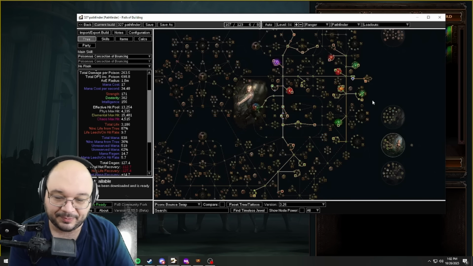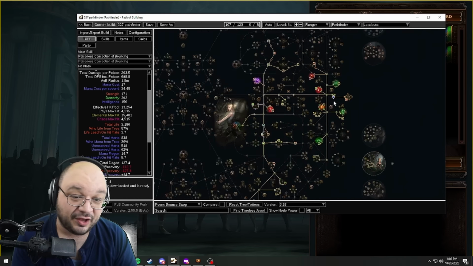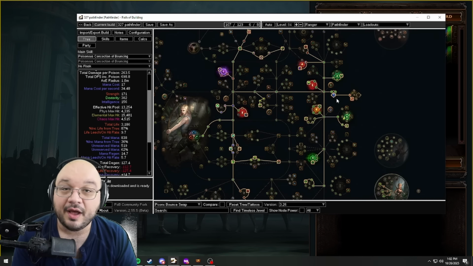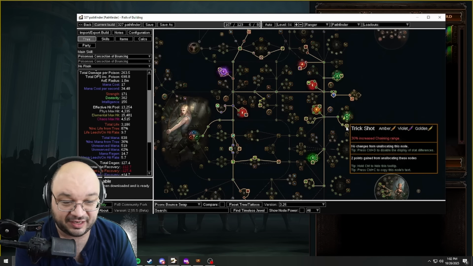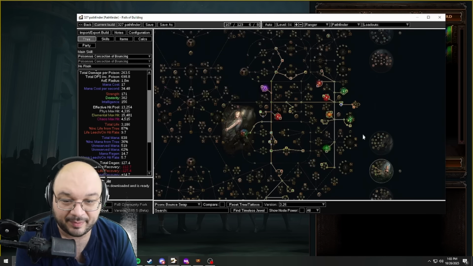Once we make the swaps, we're going to be upgrading and adjusting the tree to pretty much look something like this. You will not need this cluster jewel right away. It is just for follow through to give you more damage. Poisonous Concoction of Bouncing deals more damage as it chains, so we have this so that we can chain. We take all the chaining nodes and the projectile mastery because this is a whole lot of damage, and overall